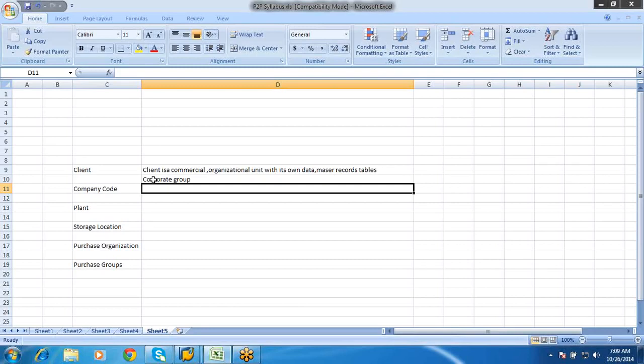Next, if I move on further, we have company code. This is an organizational unit with its own